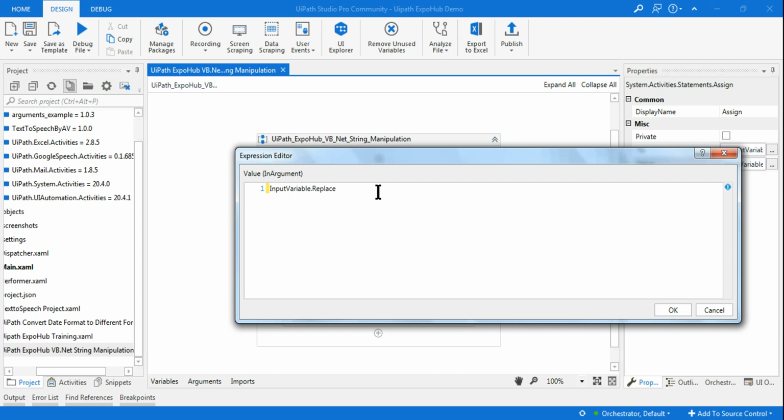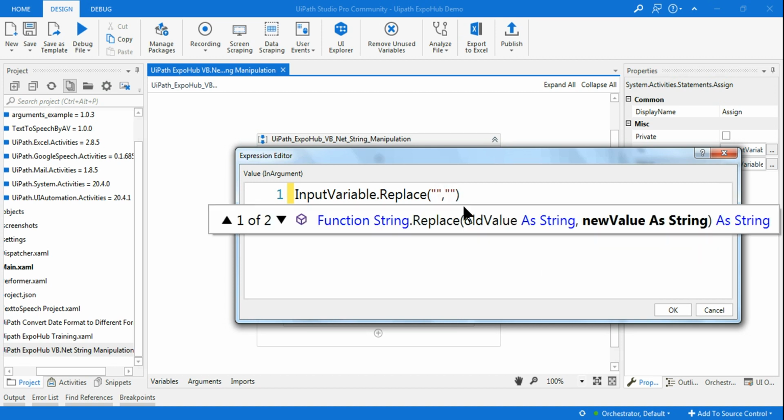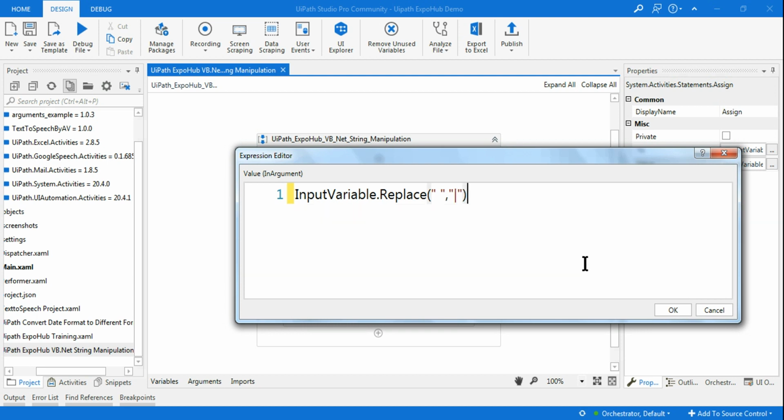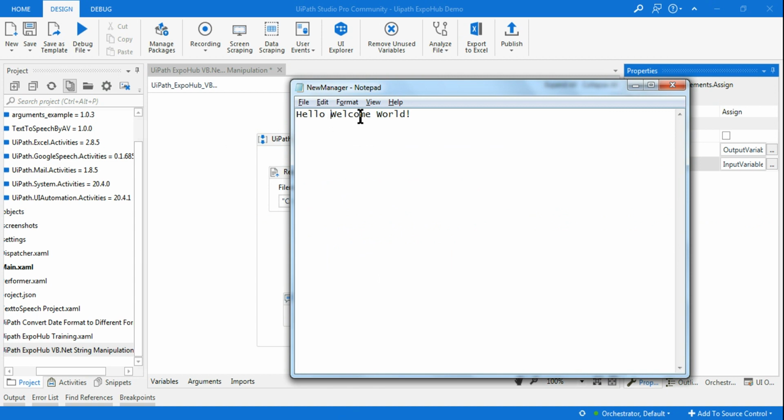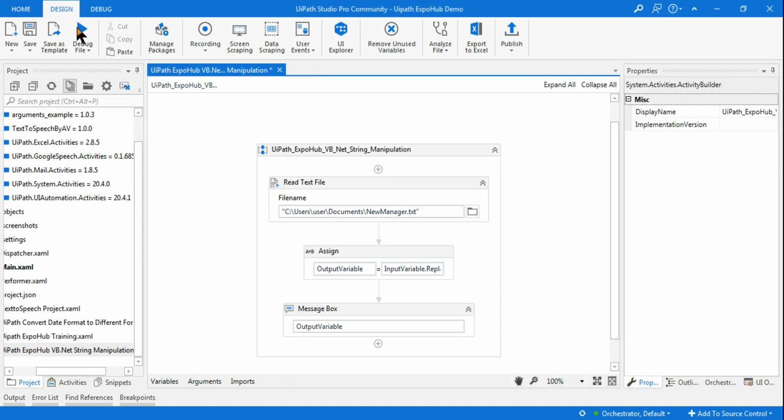So let's say I am going to replace, so writing is very simple. All I am doing is input variable dot replace. Okay, and here there are two things, what you want to replace and what you want to replace it with, right? So what I want to replace should be in this first double quote. So I want to replace this space, so I'll hit the space bar, and here I want to replace it by the pipe symbol, so I'll put a pipe symbol. Done. So what would happen now? Your sentence, which is hello space welcome, will have a pipe symbol if I run it.